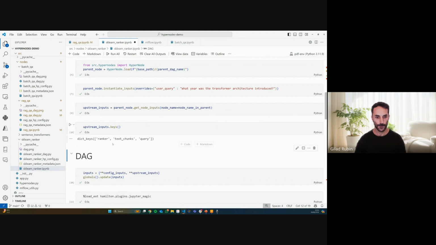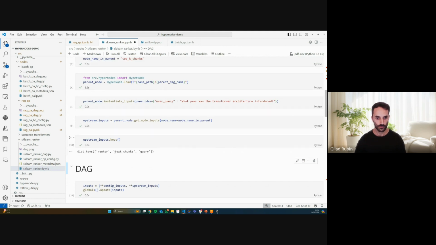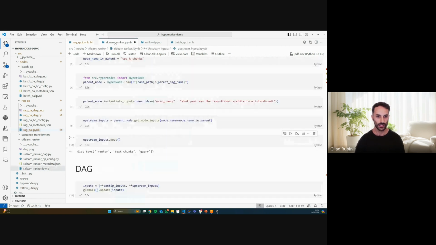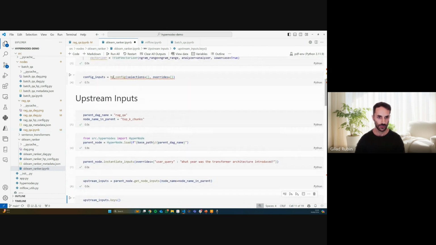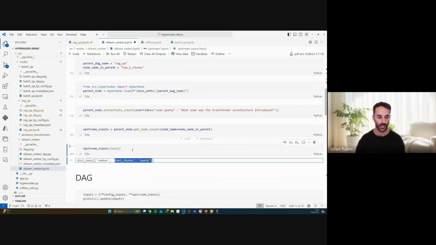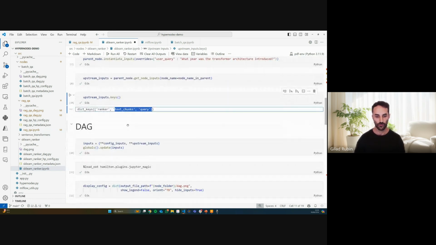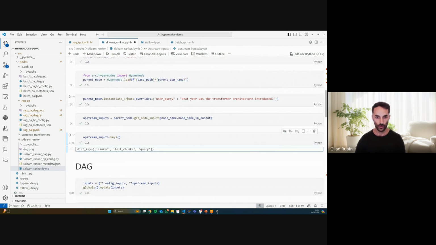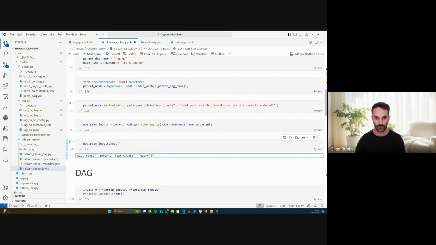So I get the text chunks and the query from the parent DAG. This, plus my hyperparameters, are the inputs that I need for my DAG. So if I wanted to change the parent DAG,